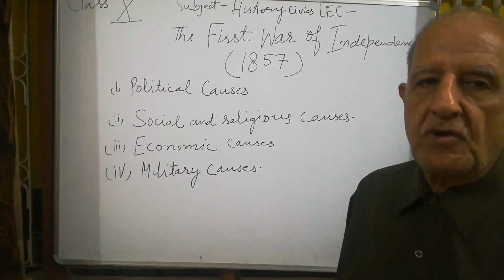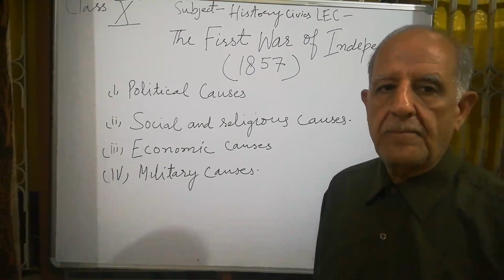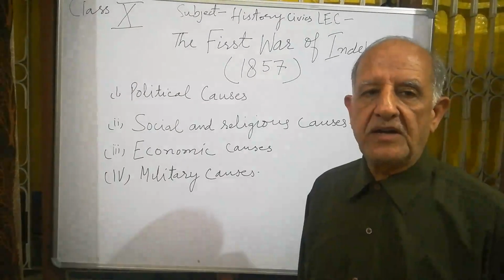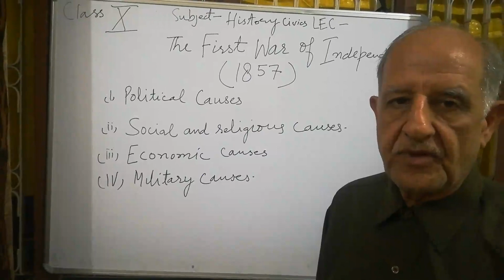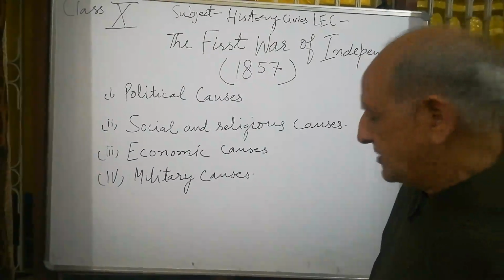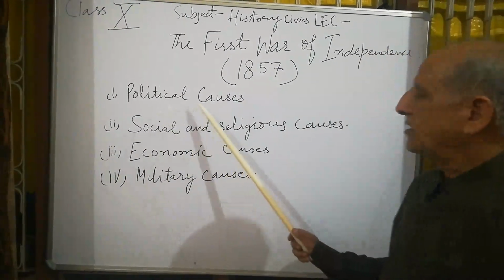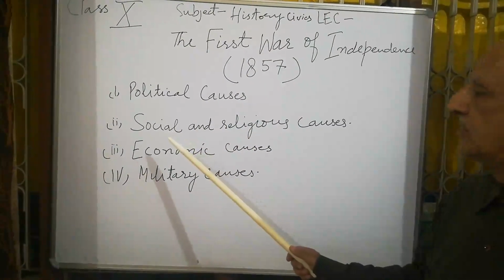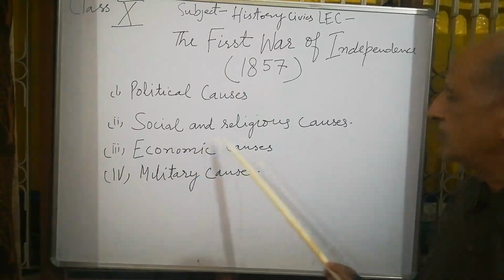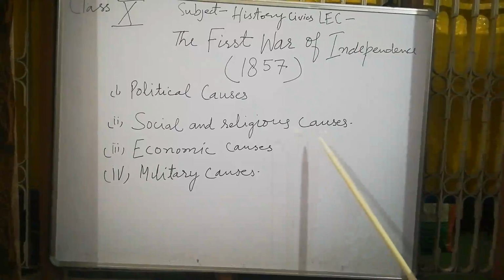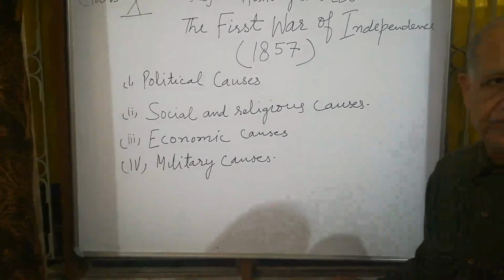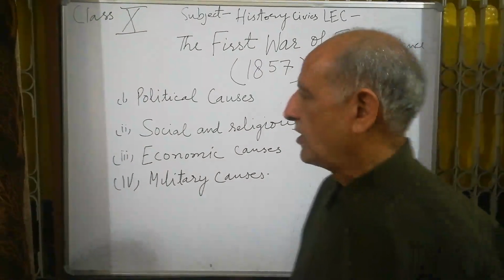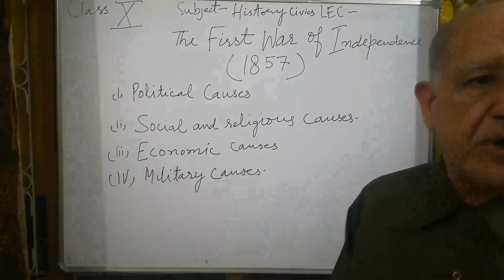The First War of Independence can be divided under the following headings. Number first is the political causes, then social and religious causes, economic causes, and military causes. Now, taking the political causes,